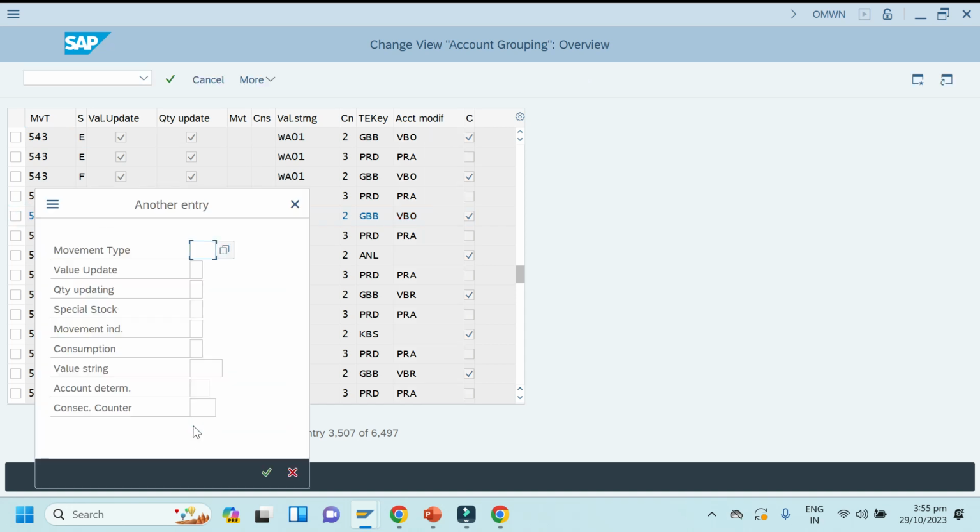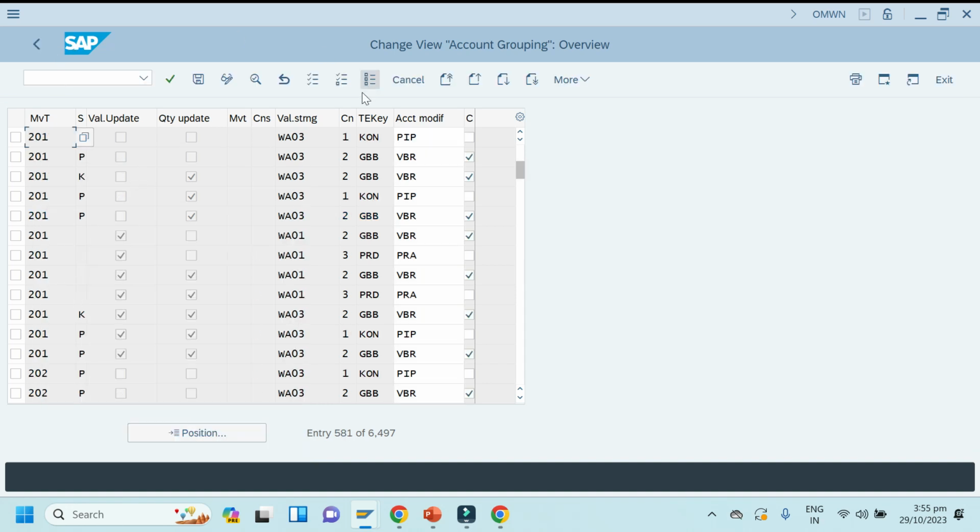VBR will mostly come for 201 or 261, like this. You can see here VBR, for internal goods issue, in brackets for movement types 201, 221, 261.